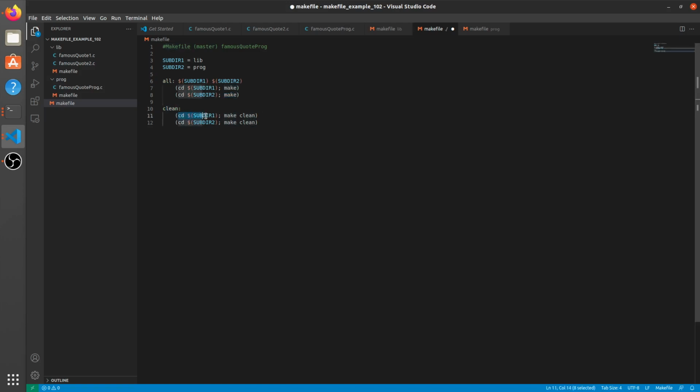and below on clean we are going into the subdirectory and we're just running the make clean with however and whatever we defined inside the clean action with those individual files. So there is a clear separation of concerns here. Each makefile does what it's supposed to, and the parent makefile will just call a specific action. All right, so if everything is set up correctly,